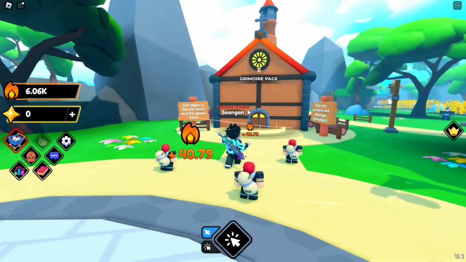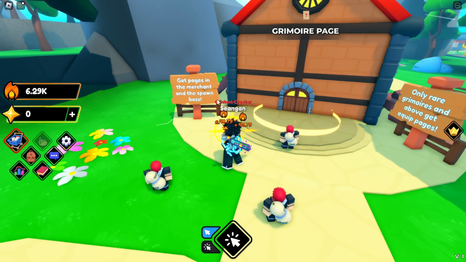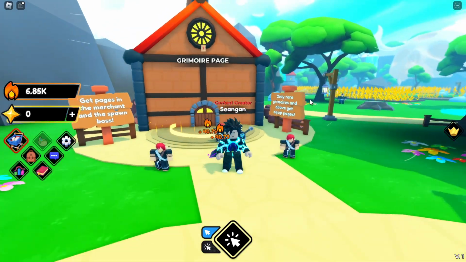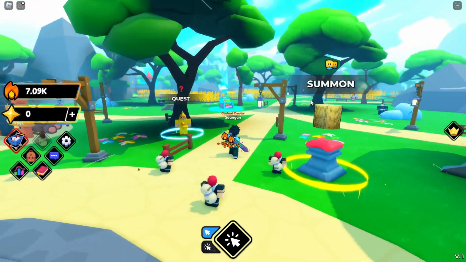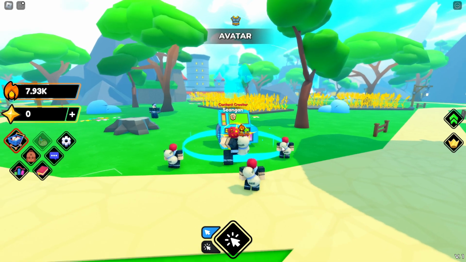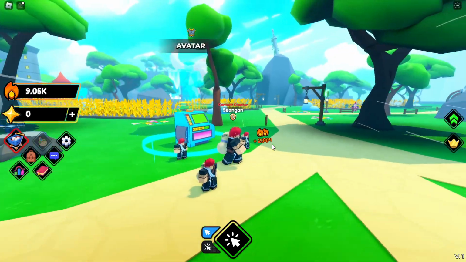So starting off over here, we have the grimoire pages, which we can get from the merchant and the spawn boss. Okay, and only rare grimoires and above get equipped pages. I see. Now how exactly you get grimoires, I'm still not entirely sure. I think there's probably like an NPC around here. Maybe this guy? No, he's going to be the avatars, which I think are just going to be extra energy multipliers. If we, for example, equip this Gara energy, yeah, my energy just shot up to 204 per click,